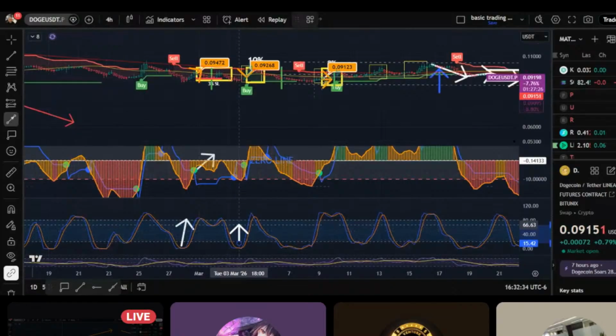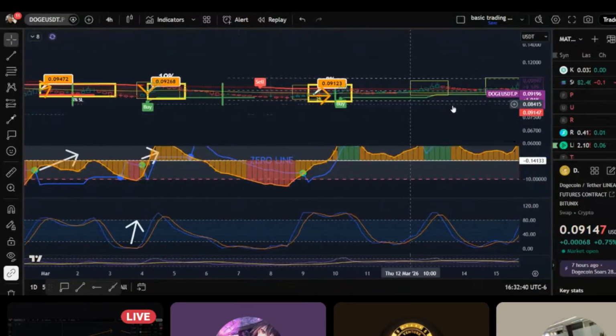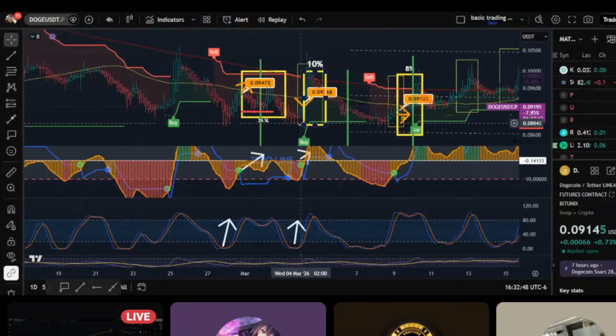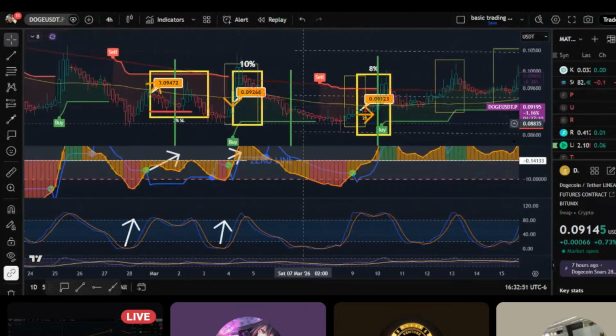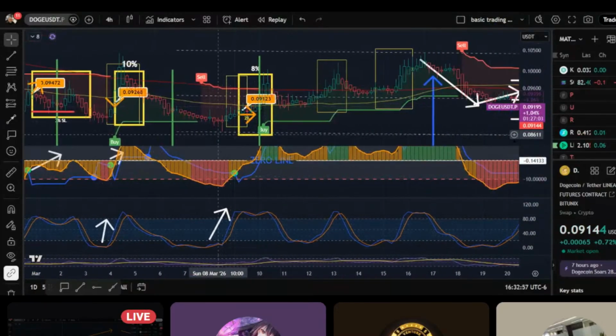Over here, it goes up. If it coordinates with a green moon, then we have a trade, which if you look here, you can see that everywhere it actually coordinated with a green moon on our indicator, there's a yellow box. What that means is, when we see this upward tick in the RSI, which normally means that there's going to be some type of value, if it coordinates with a 4-hour moon,